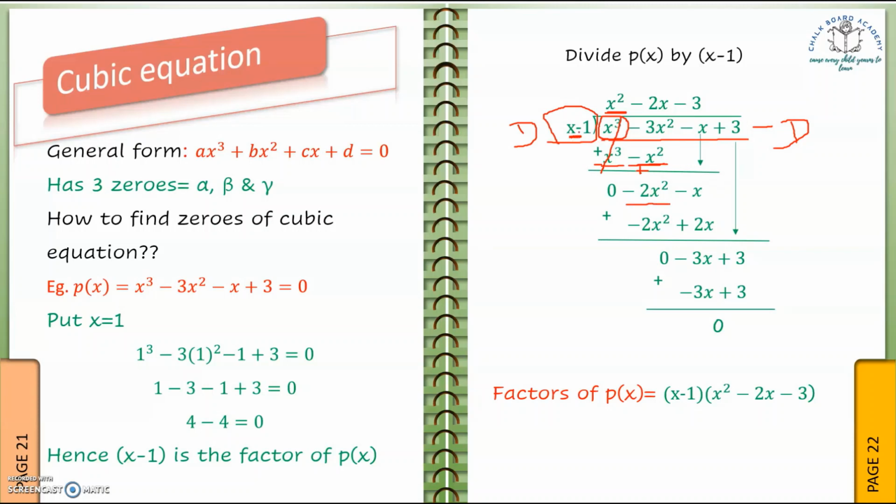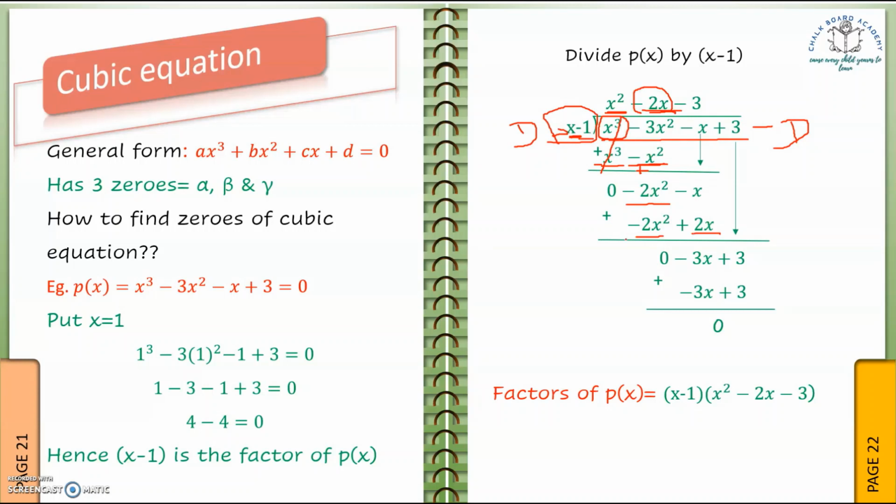Again same step, now we have to multiply this x minus 1 by such a number that it becomes minus 2x square. So to make x into x square, we have to multiply it by x, and minus 2, because it has no number here, so we are just multiplying it by minus 2. So we have multiplied x by minus 2x. So here we get the answer as minus 2x square, and now this minus 2x is multiplied by minus 1. Minus into minus is positive. So we get the answer as 2x.